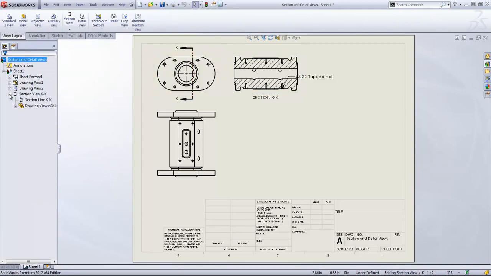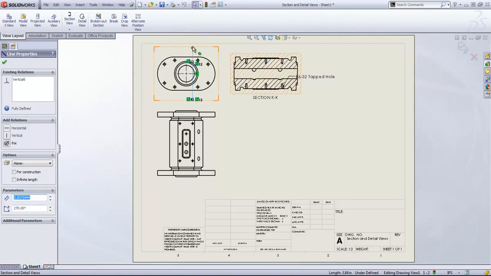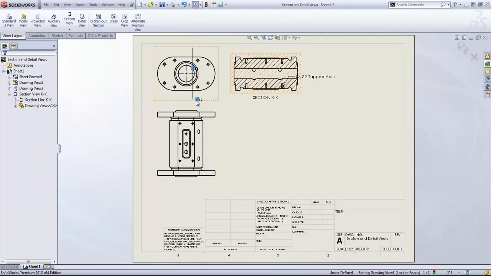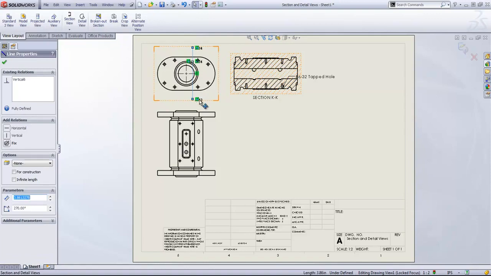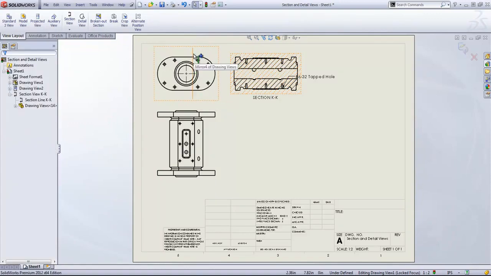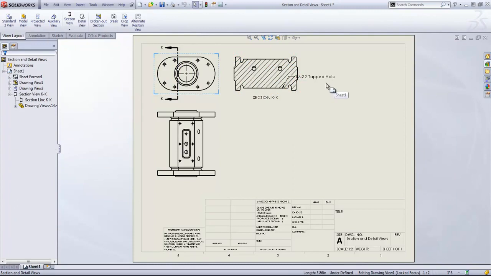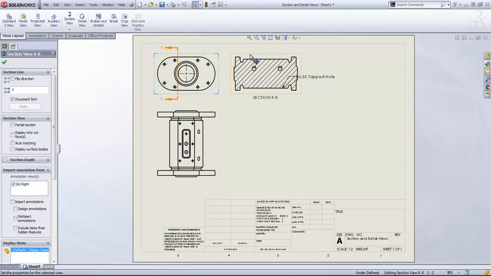From here you can also edit the section line. You can come in on the left and say edit sketch. And right now this is going to be fully defined. You have to delete out several of these coincident relations in order to be able to actually move the line. And once we move that, we get a different section. I'll go ahead and delete out the section view